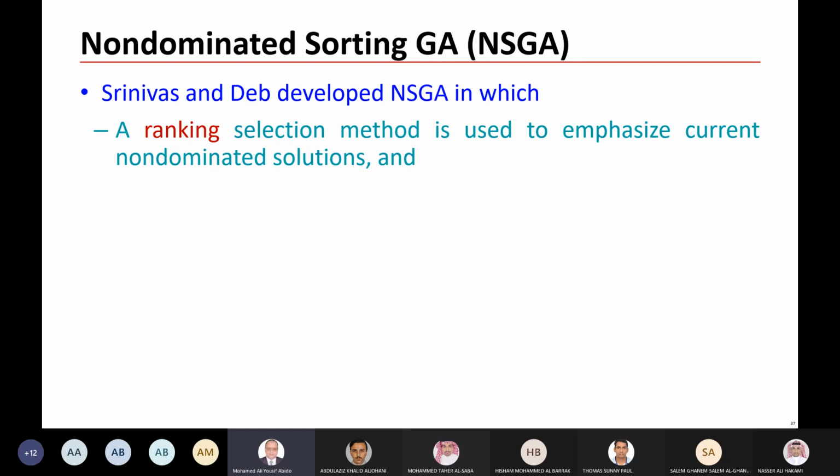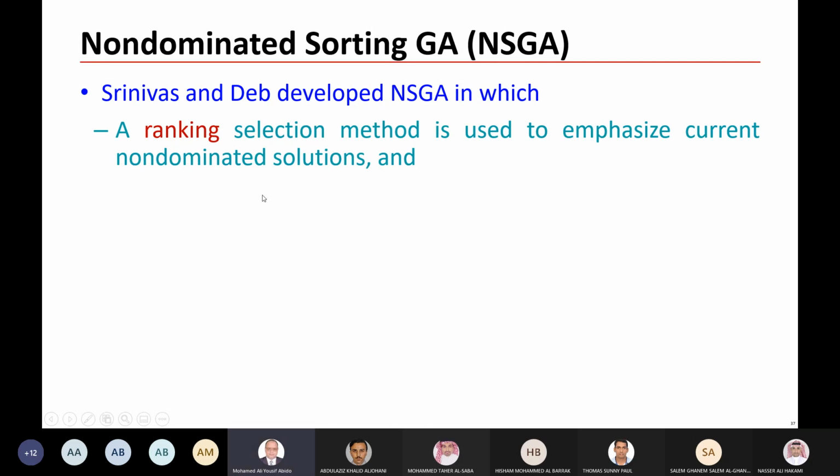So we need a fitness function which reflects the dominance of the solution, and the selection will be based on this dummy fitness. This dummy fitness has nothing to do with the original objective functions, but it reflects the dominance of the solution. So this method, NSGA,